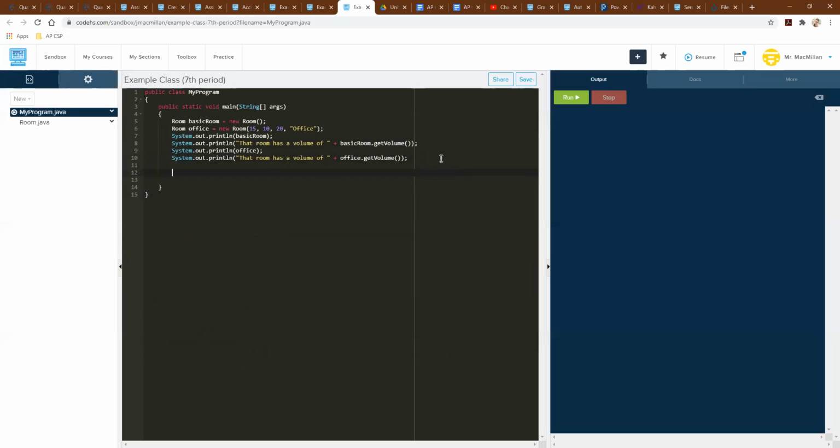So let's, after we've printed out our basic room and our office, try changing the height of our basic room. Say basic room dot set height. And let's try a height of, let's go with -5. And let's try and print our basic room again. So if I run this,